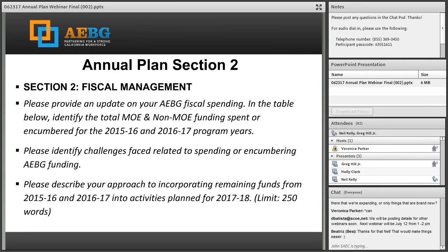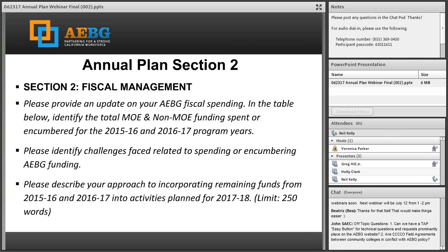So for those of you at the consortia level, you will have to ask your K-12 and county offices that received MOE in 15-16, ask them how much money is remaining, because that wouldn't show up in the consortia reporting system. It will show up in the CDE school accounting system, but sometimes those reports are run a little bit after the fact. So the next question then is identifying any challenges related to spending or encumbering funds, and then